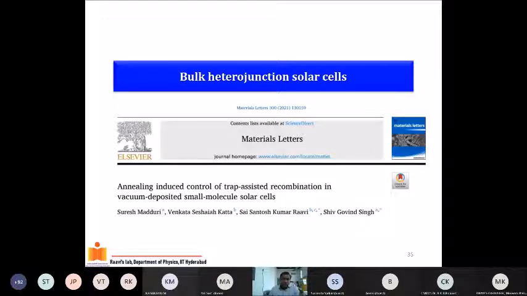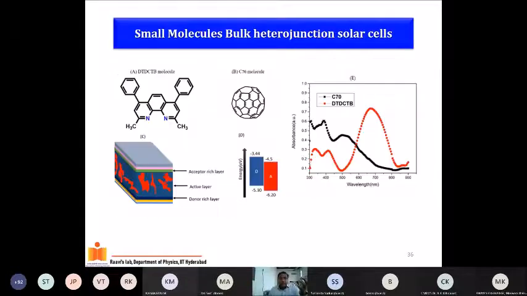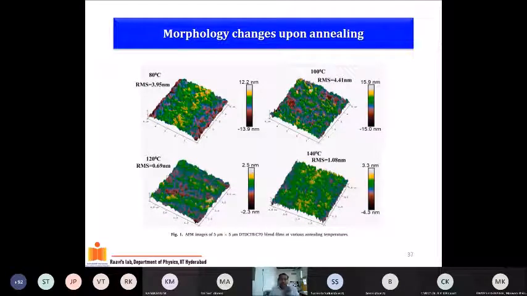So in this work we have used vacuum deposited small molecules. These are the two molecules we're talking about: DT-DCTB, a small molecule, and C70, a fullerene molecule. The absorption looks like this. This is DT-DCTB and fullerene. These two molecules are co-evaporated, thermally evaporated in a vacuum chamber fitted in a glove box. Upon annealing the thin film to 80, 100, 120, 140 degrees,